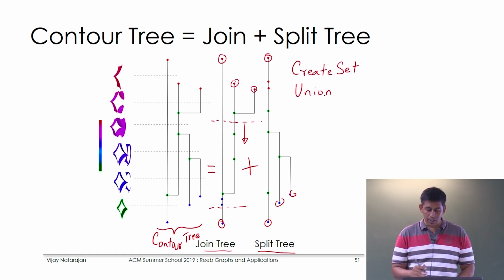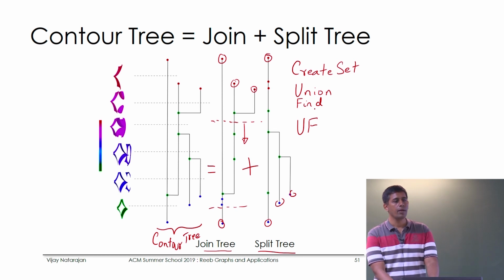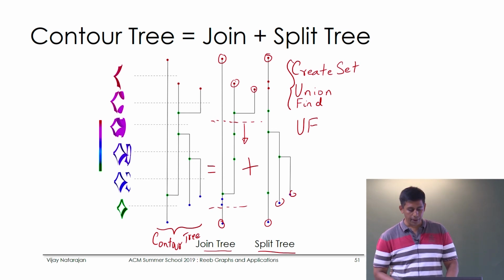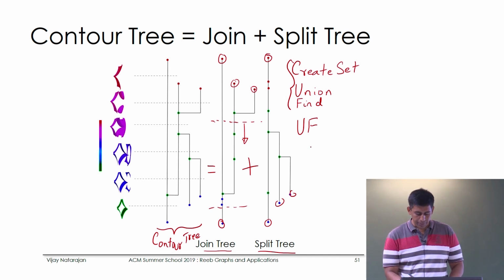If you have seen this, then great. If not, there is a nice data structure called the union find data structure. It's in your CLR book. You can go ahead and see it. The union find data structure allows you to maintain a collection of sets, and the operations that are supported are union, create set, and find. Find is more like a query. And the union find data structure supports these operations in amortized